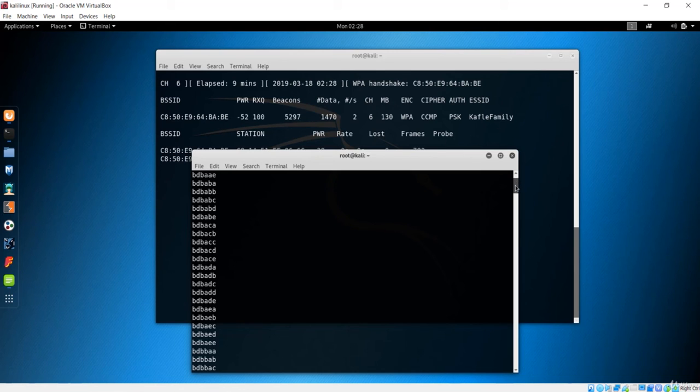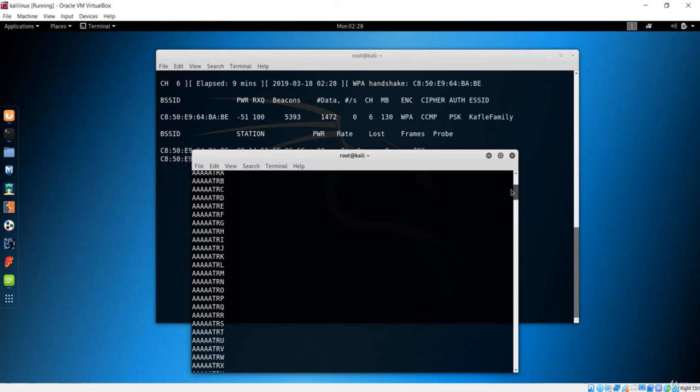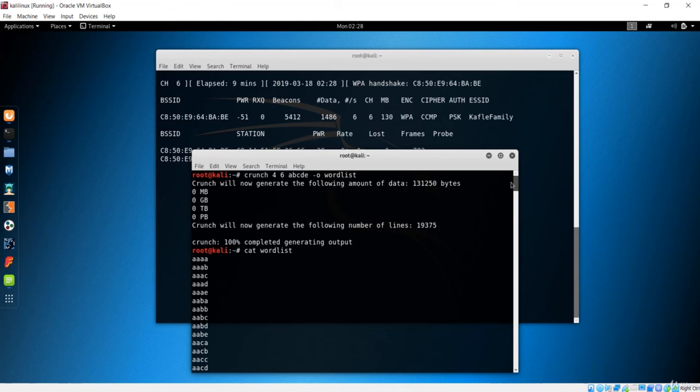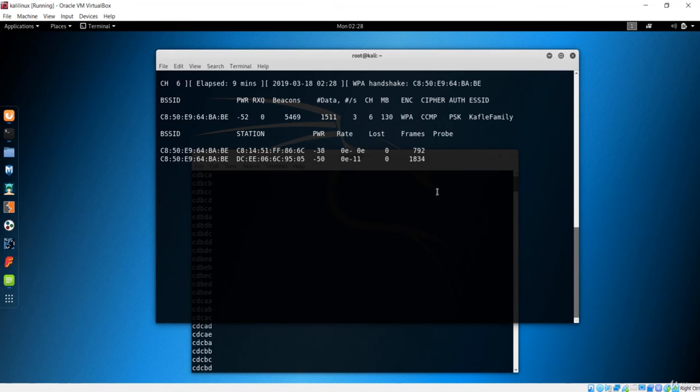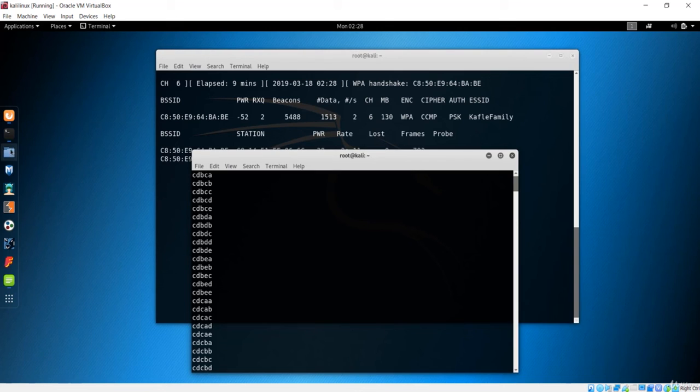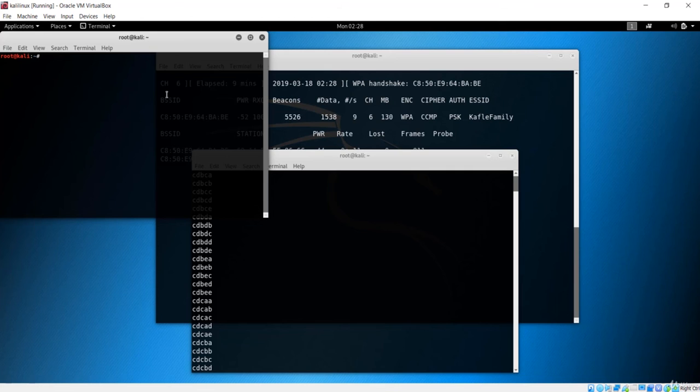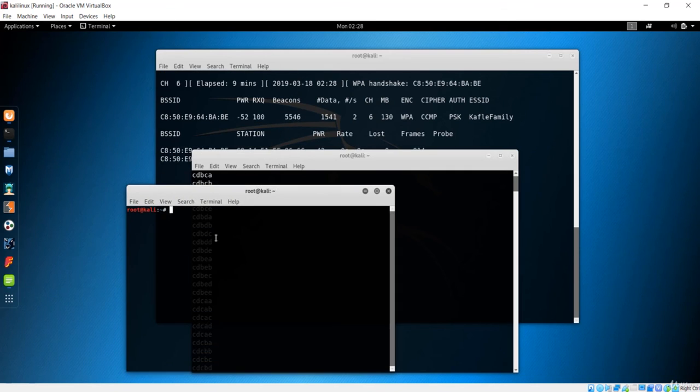I'll just copy one more time, in a new window, and paste right here.